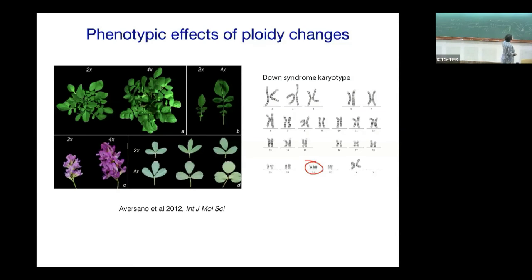Okay, ploidy changes can be really dramatic in terms of phenotypic effects. Technically, it's a single mutation if you have a ploidy change, right? There's a duplication of the whole genome, which happened a long time ago in yeast, for example. That's one mutation, but the whole genome now has 2 copies, right? Yes? You are saying that it is not a